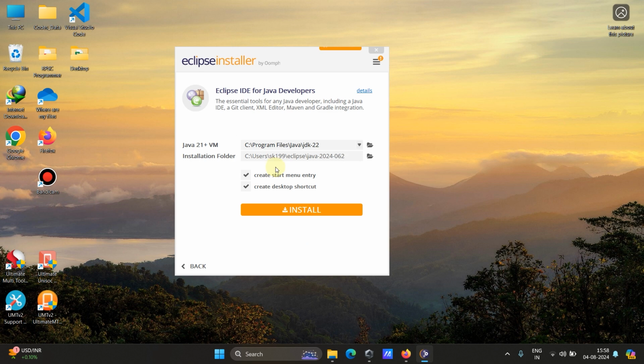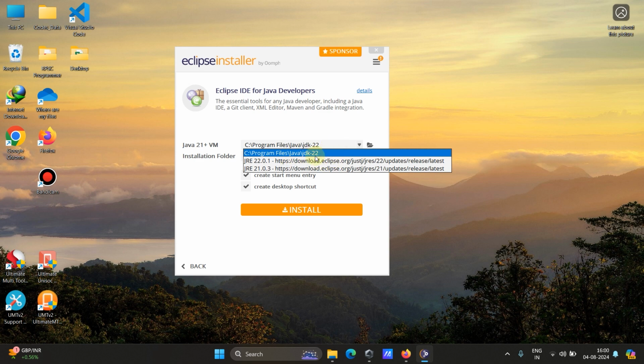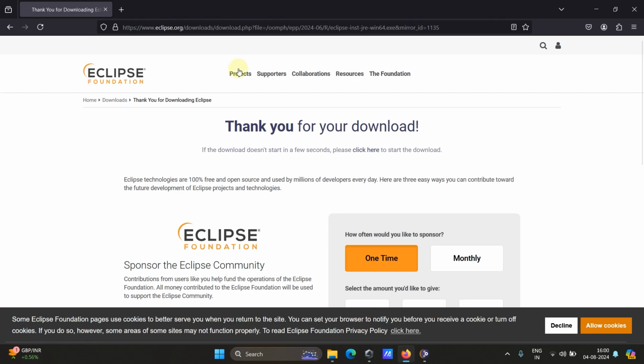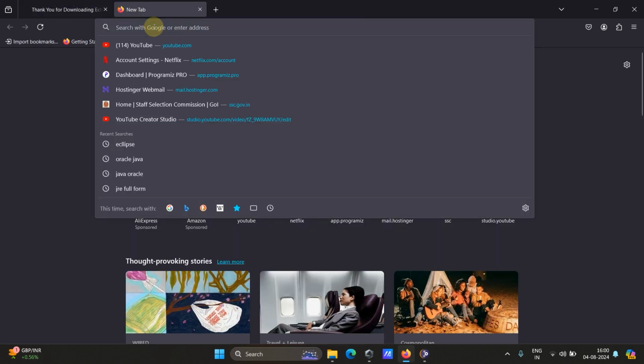So click on this, and it will ask you to select the Java version. It depends upon you whether you want to download the full Java JDK or just want to use the JRE. In my case, I have already downloaded the Java JDK 22 version from Google and installed it on my system. So this is a little bit of a process. Here you may go